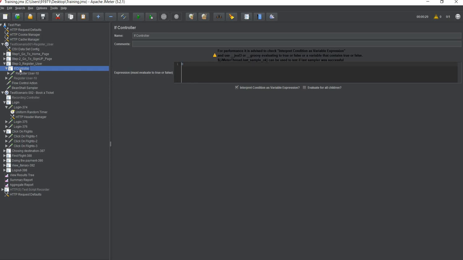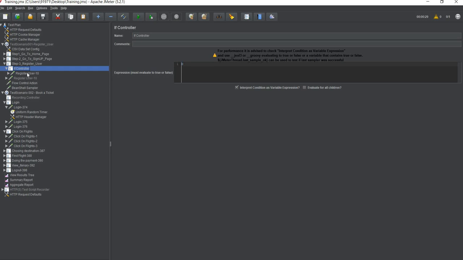If you have already done some coding before, you would know that there is an if else statement which is used to decide which part of the code is to be executed and which part is not to be executed. This is the same. This is just the if controller, which says that if this is true, then this will be executed, or else this will not be executed. So it can be used in various scenarios. Somewhere you need to add only a single product to the cart. So you can check if there is already a product in the cart. If there is a product in the cart, you will not add it.